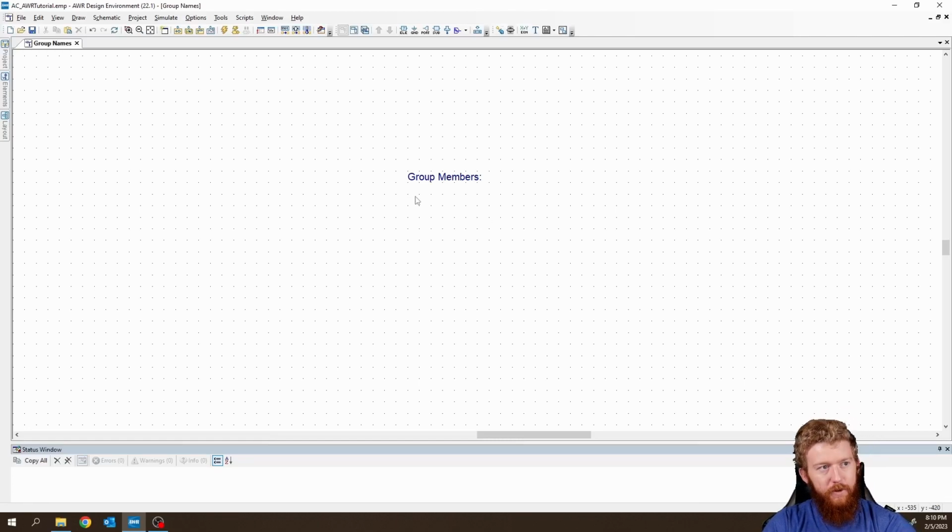So if I press escape to close out that text tool, what I can do is double click on this text here, press end and go to the end. If I, let's see if I guess it right, shift enter. So if I click shift enter, then that will actually do a new line. So it does a new line in the same text box, and it allows us to continue typing. So if I say the first member of our group is Thor Odinson, comma, let's just say his R number is 1, 2, 3, 4, 5, 6, 3, 2,